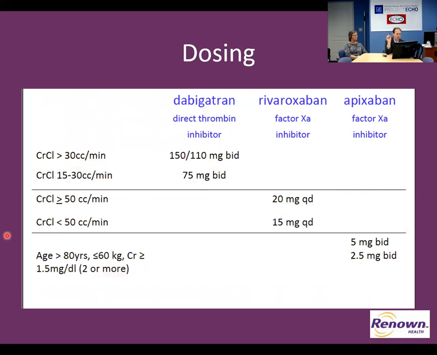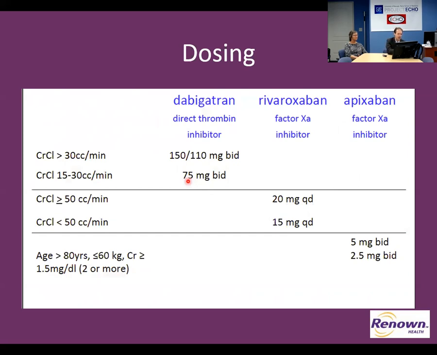So for prevention of stroke with atrial fibrillation, if you're using Pradaxa, which is a direct thrombin inhibitor and has a commercially available reversal agent that's been studied and is broadly available. All of them have reversal agents, but this is for sure broadly available, including at our medical center. Then if their creatinine clearance is above 30, you use 150 milligrams. If it's below 30, but they're not on dialysis, then you use 75.